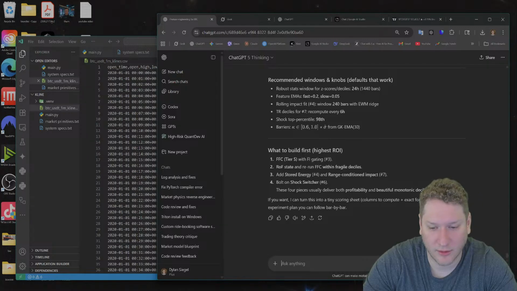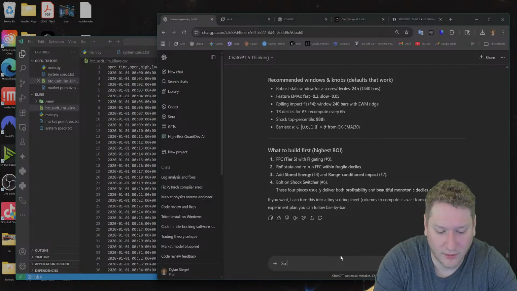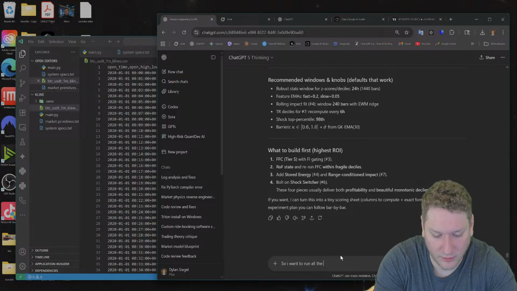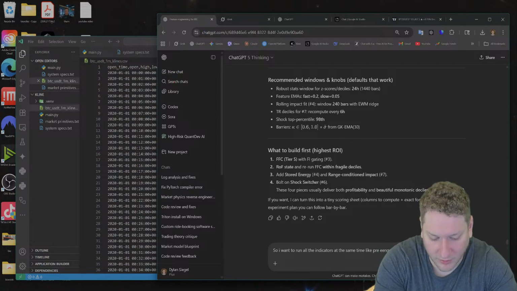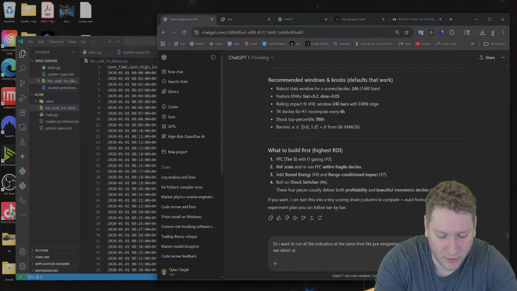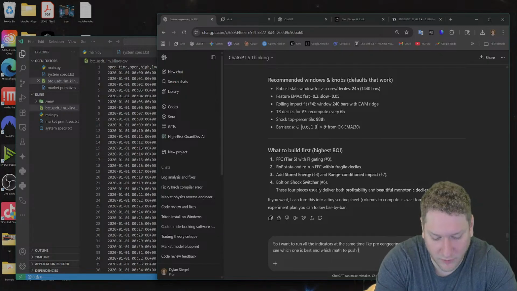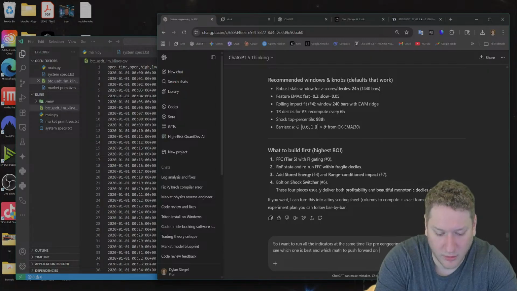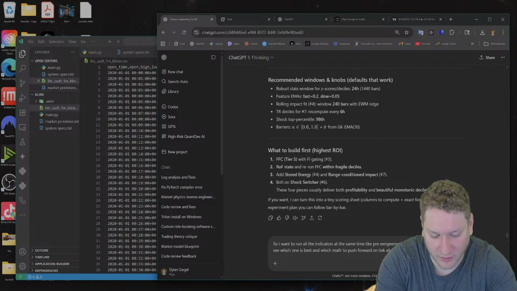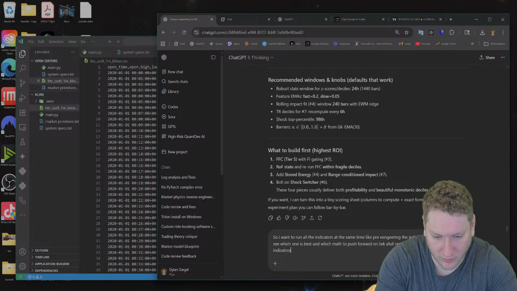I want to run all the same time, like pre-engineer the indicators, run a script to see which one is best and which math to push forward on, like a full research platform for novel trading indicators.